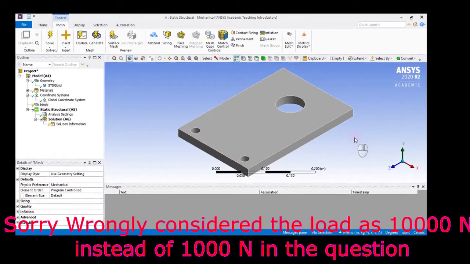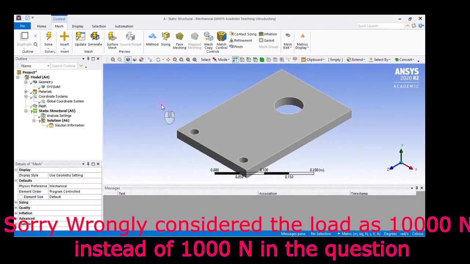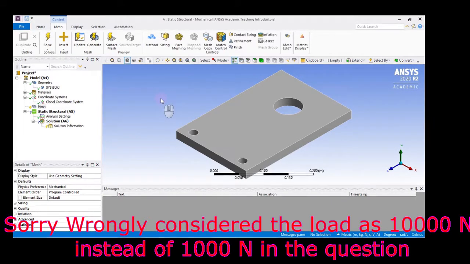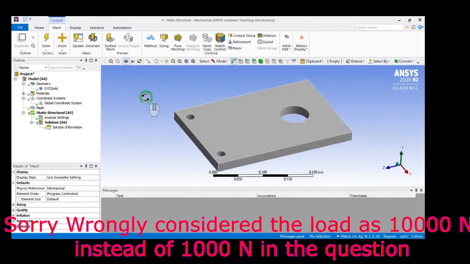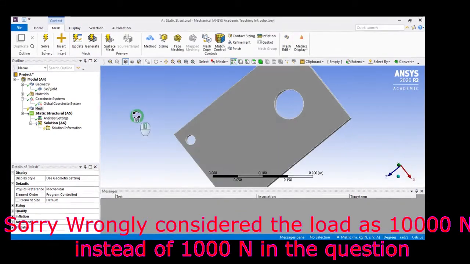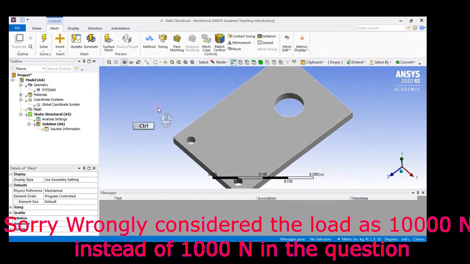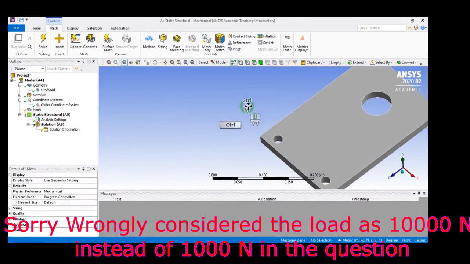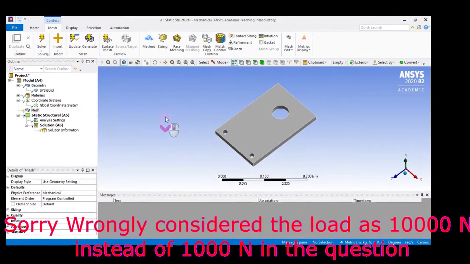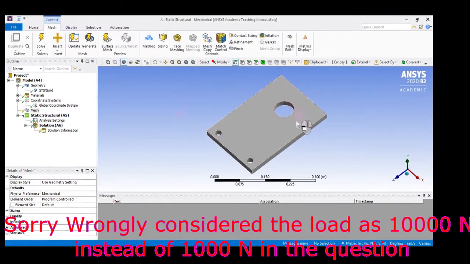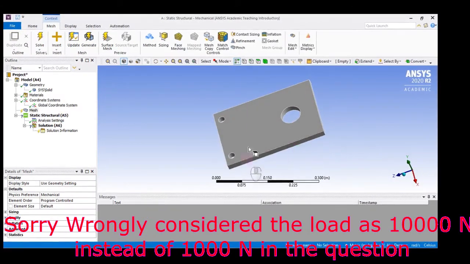So this is how you can manipulate the view, and to move it, you can also use the mouse buttons here. I am clicking the middle button. You can see an arrow, so I can drag it. With the middle button, I can drag and shift it like this. So you can rotate it. With control and middle button, I can pan this particular object. Rotating the mouse wheel, you can zoom in or zoom out. So these are some options you have. This is how you can work in this particular window.